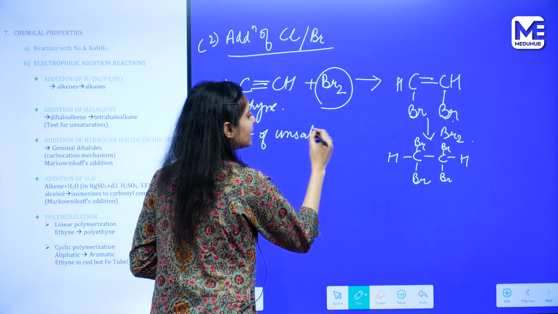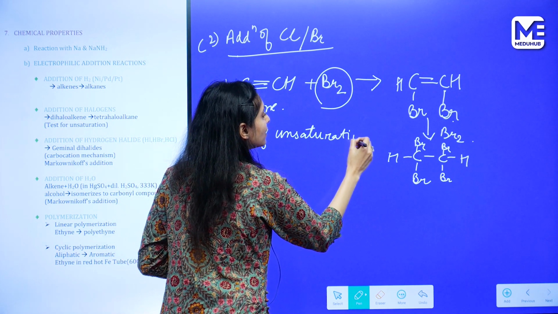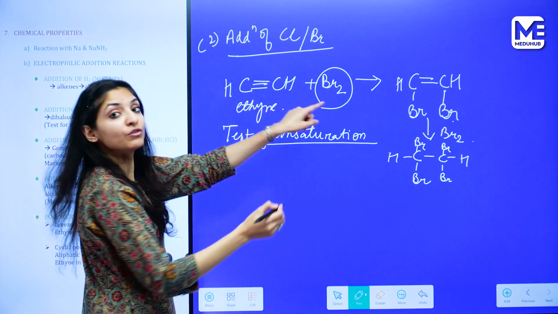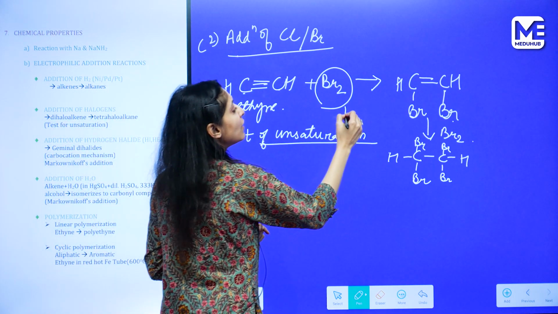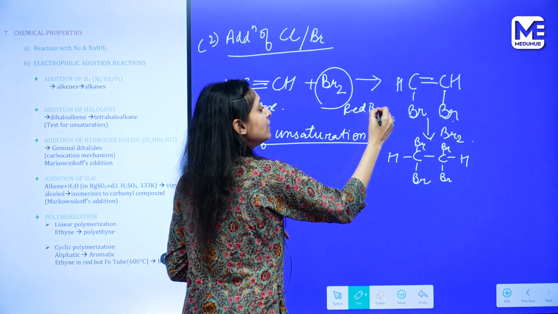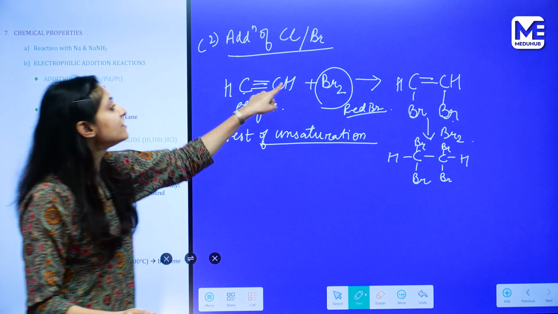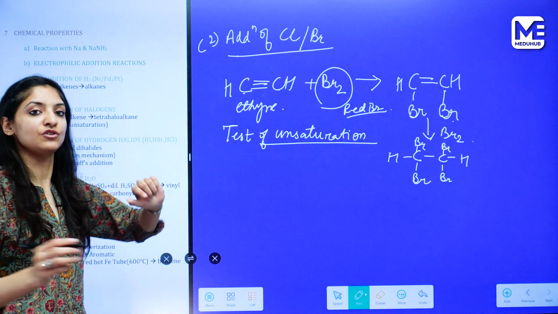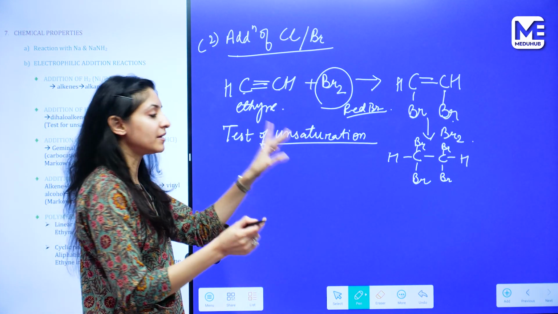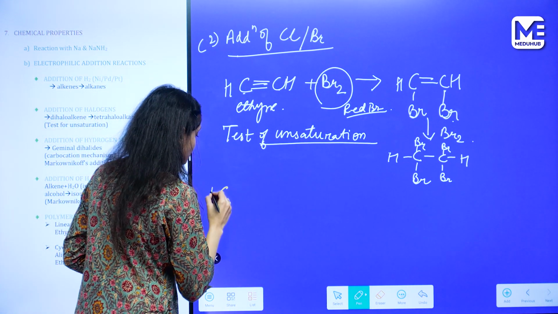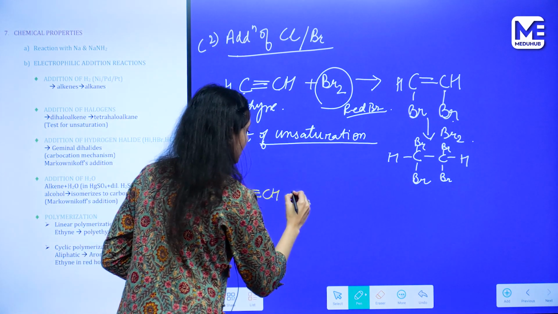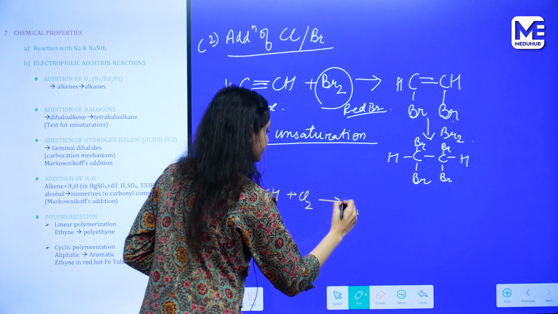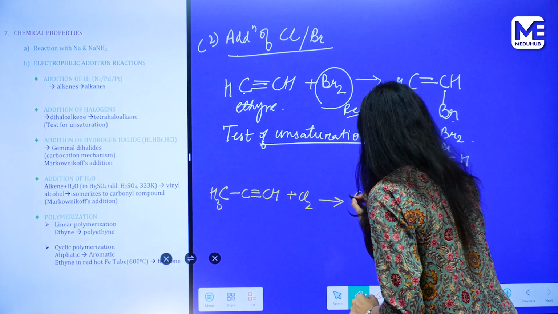This is just like alkenes. Since bromine is getting added onto the unsaturated bond between these two carbons, the reddish brown color of bromine is discharged. This reaction is used for the test of unsaturation. We can see in a similar manner, chlorine also gets added. So if we have propyne and add chlorine to it, first we will get